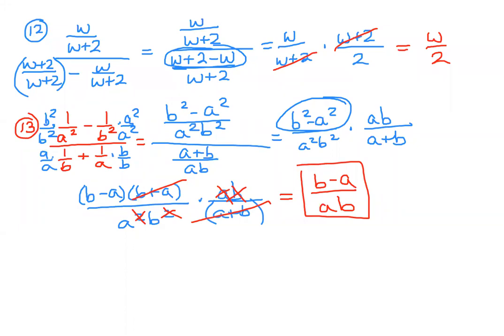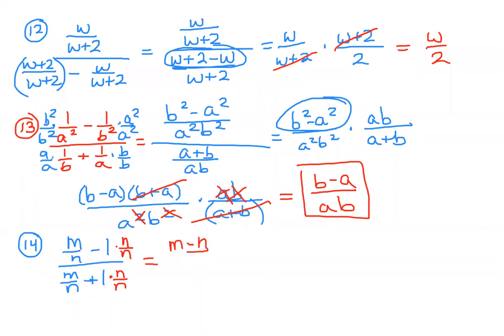Okay, let's look at number 14. (m over n minus 1) over (m over n plus 1). Okay, what is going to be our common denominator? n. So this we're going to have n over n. This we're going to multiply by n over n. So we get (m minus n) over n over (m plus n) over n. And if we take our numerator, multiply it times the reciprocal of the denominator,